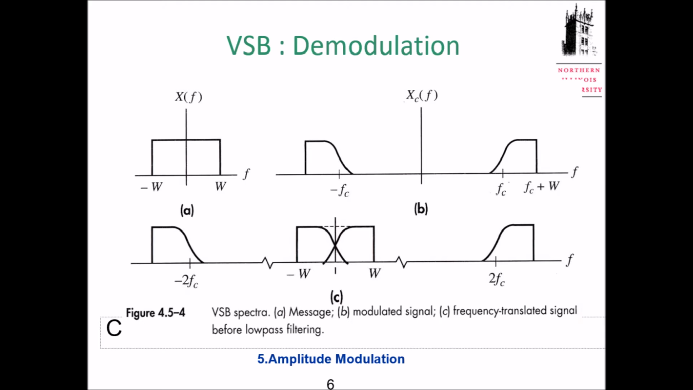Demodulation: the signal times cosine omega_c t again. So this side moves to -2 fc, back to DC. So here comes why we want symmetry. So this portion